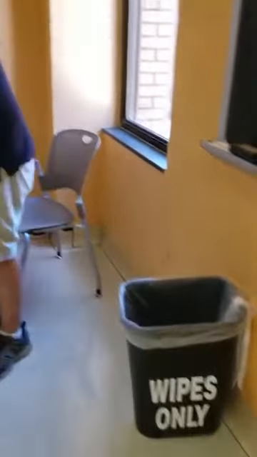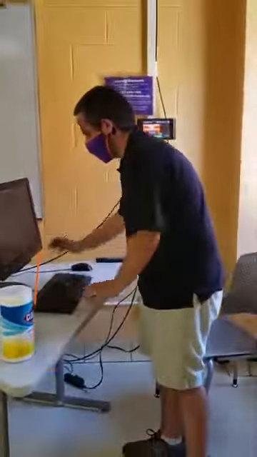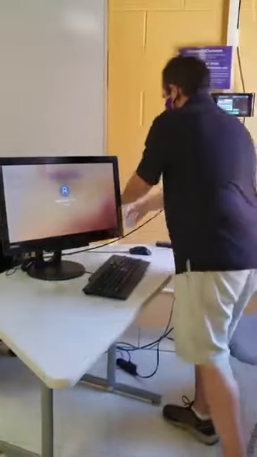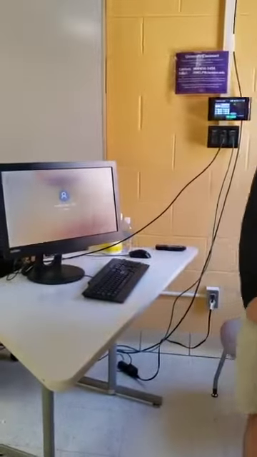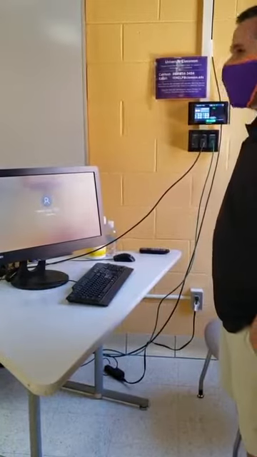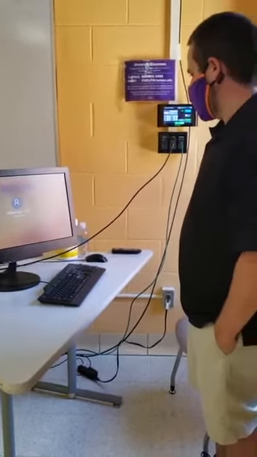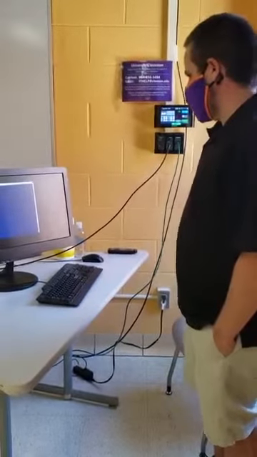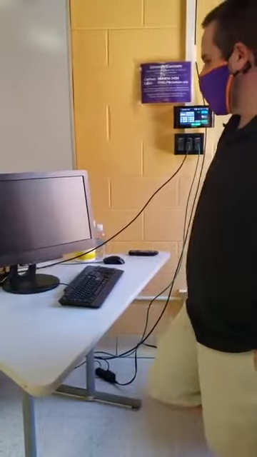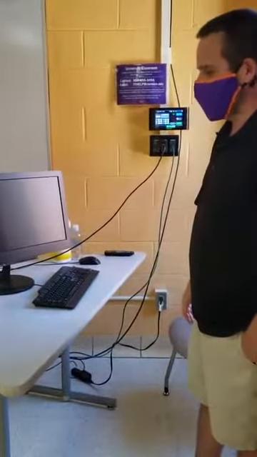Once that's clean, we're going to log in with our username and password. It'll take just a moment to log in. This is the first time I logged into this computer, so you'll notice it's going to run through a couple of things. One of those things is going to be logging into Zoom so that you can use it on